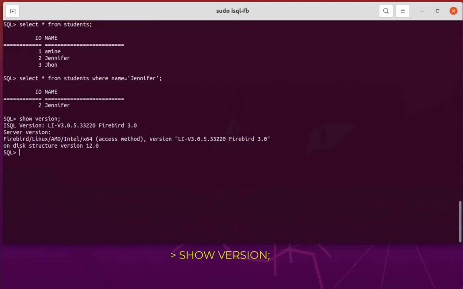So that was just a brief introduction to this pretty and also lesser known database management system called Firebird. As always, I hope it has been informative for you,